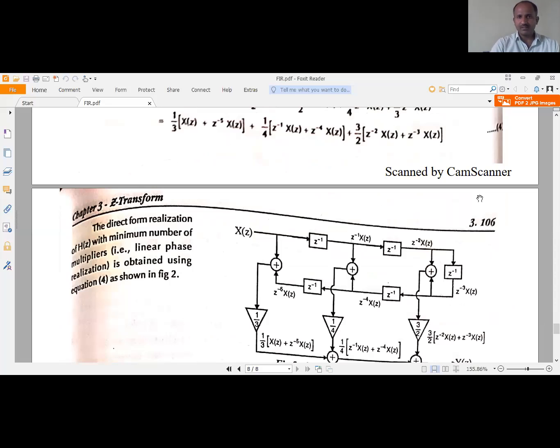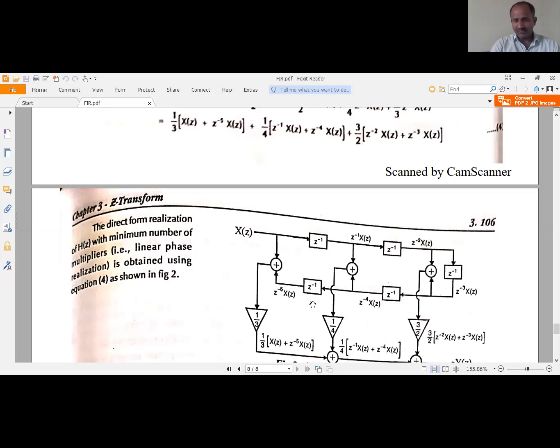And multiply, that is, there are 5 delay elements. 1, 2, that is 2 multipliers, 2 delay elements here, and another 2 delay elements here, and the 5th will be a separate delay element that should be here. So 2, 4, 5 delay elements. That should be in clockwise direction as already told. And the multipliers are 1, 2, 3. 3 multipliers you have to connect.